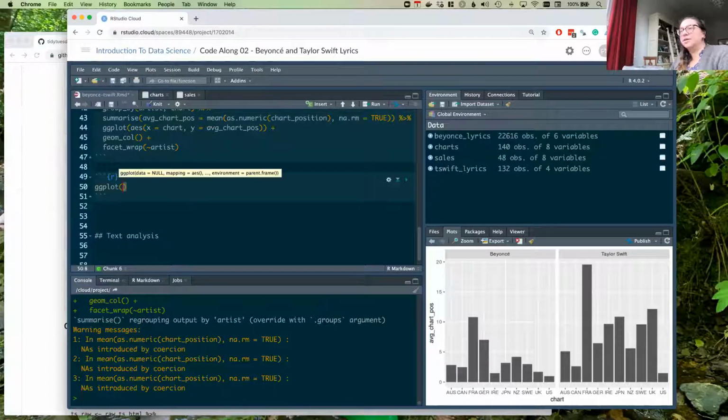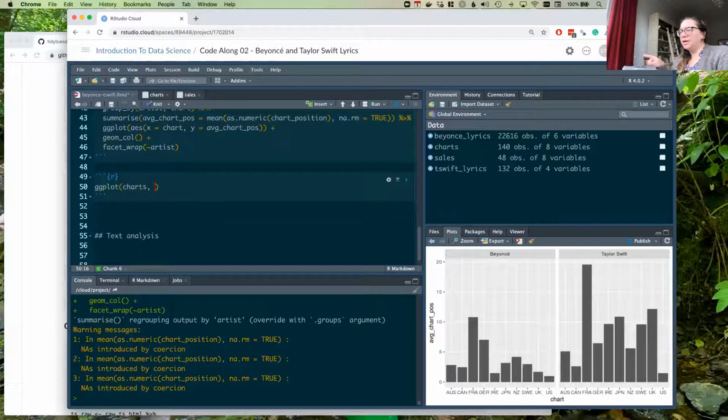Let's say we're going to create a ggplot where the data frame we're using is charts, right? And I said in one of the videos that you might often see this argument name omitted. So you might just start with this. And what do we want to put on the x-axis?